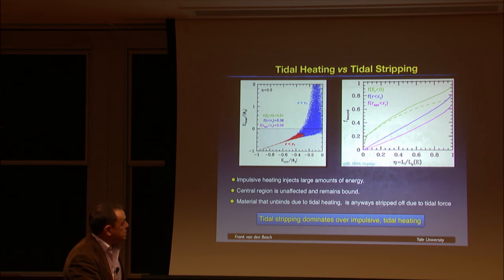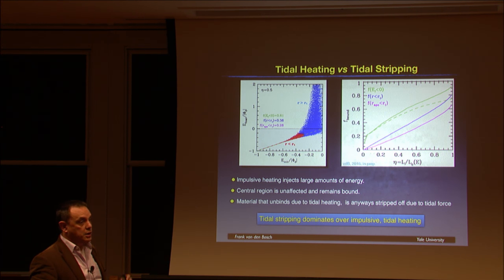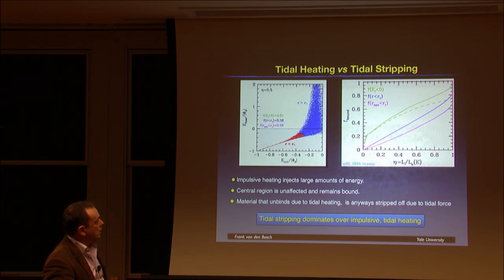So I can plot that here. This is as a function of the orbital circularity, right? So 0 is a radial orbit, and 1 is a circular orbit. This is the bound fraction after one orbit if there would just be tidal heating. You just dump that energy in, okay? And the dashed line is if you ignore the adiabatic correction. Well, you see that doesn't make much difference.